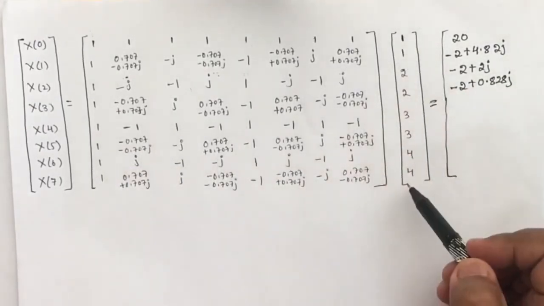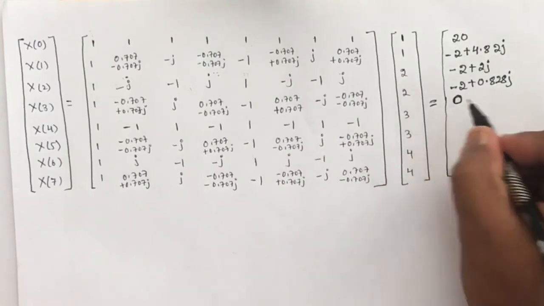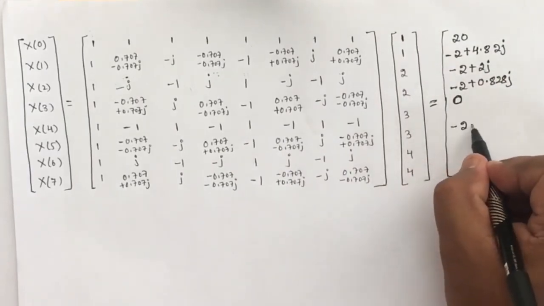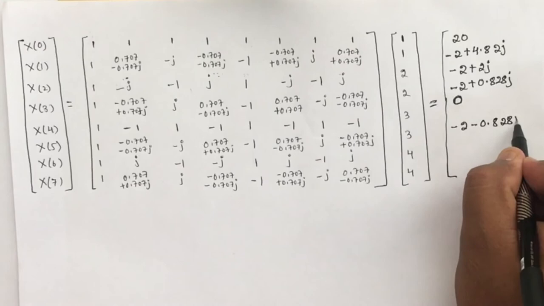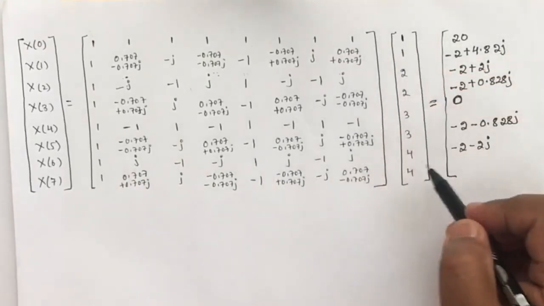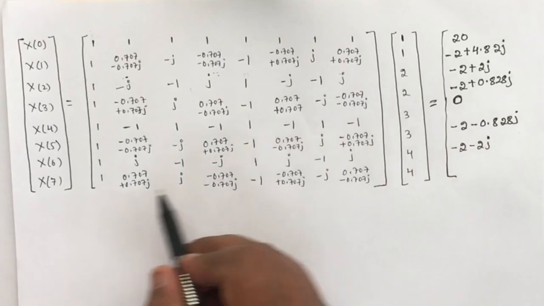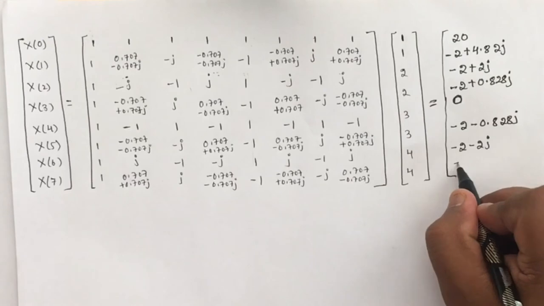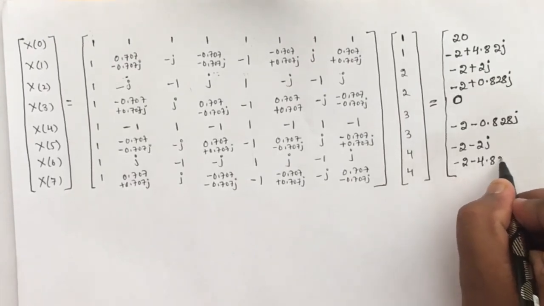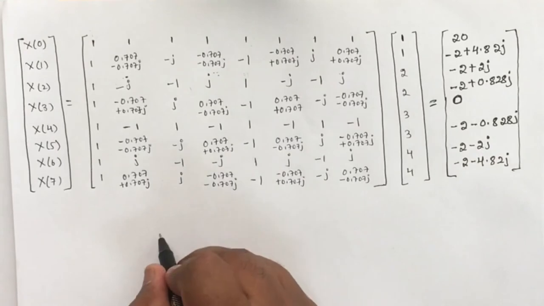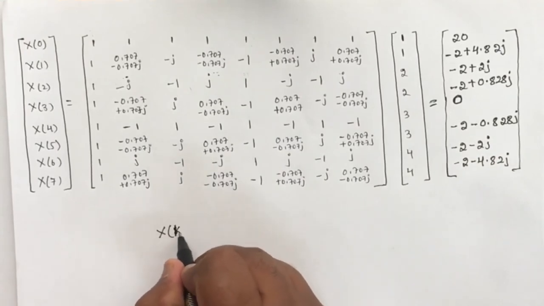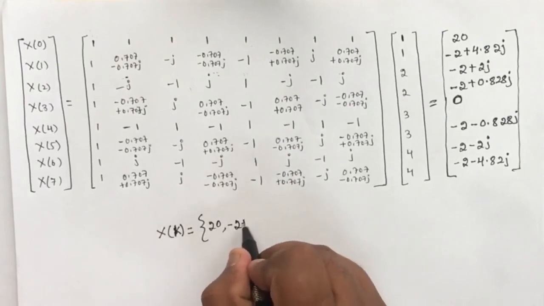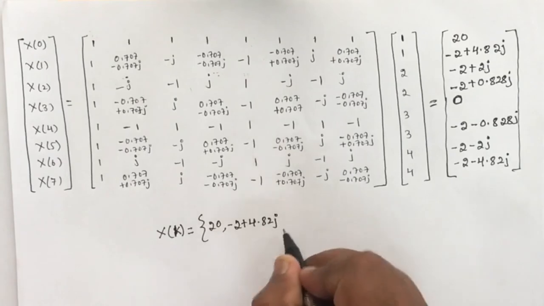Fifth row with this column, it will be 0. Sixth row with this column, it will be minus 2 minus 0.828j. Seventh row with this column, you will get minus 2 minus 2j. And the eighth row with this column, if you multiply, you will get minus 2 minus 4.82j. So finally we can write the 8-point DFT for the given sequence as 20, minus 2 plus 4.82j, minus 2 plus 2j,